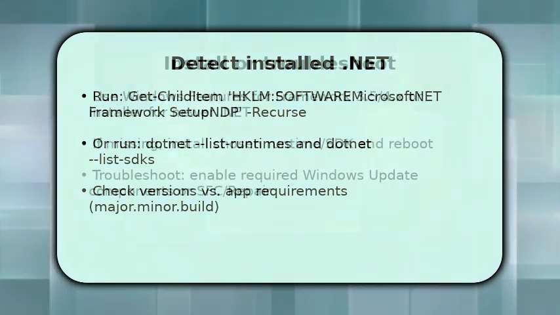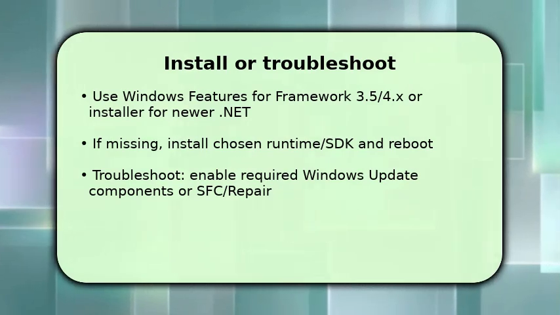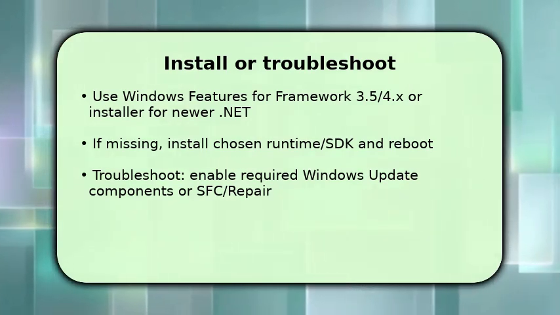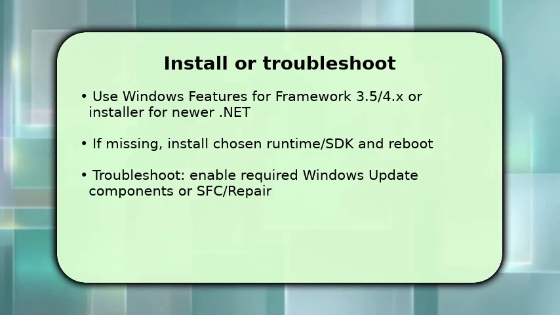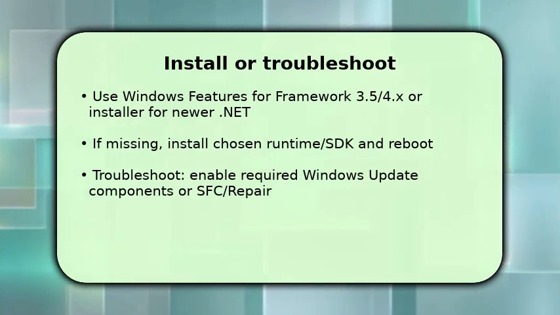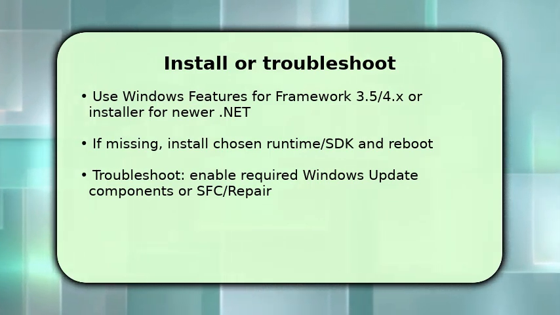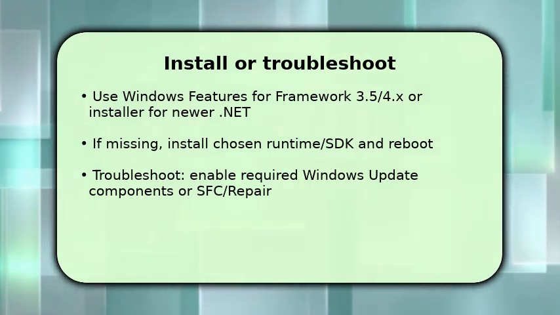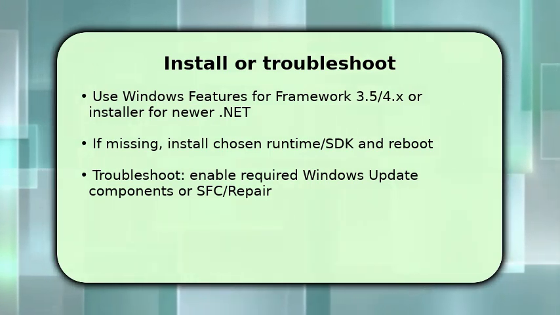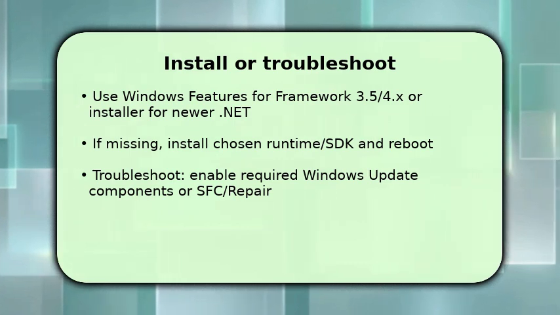Finally, take action. If a required framework is missing, enable it via Windows features for older frameworks, or run the official installer for newer .NET versions and then reboot. If installation fails, check Windows Update, ensure Background Intelligent Transfer Service and Windows Modules Installer are running, and run sfc /scannow